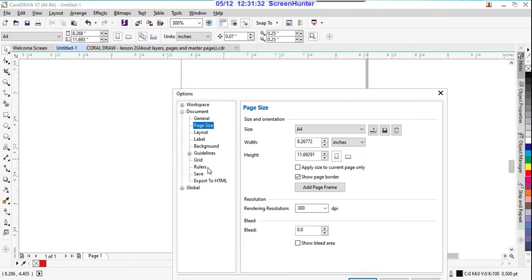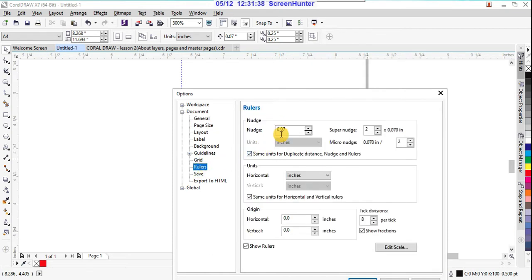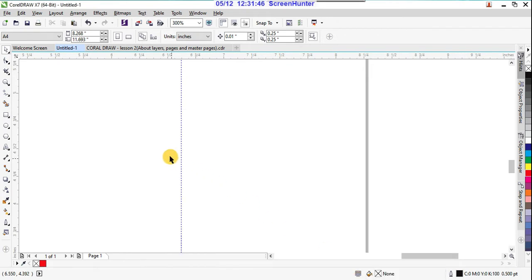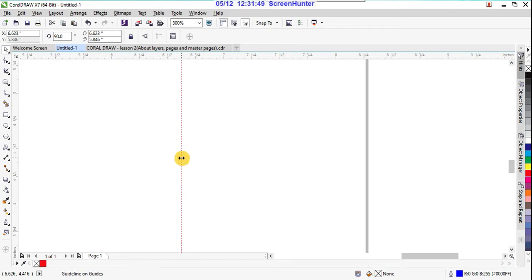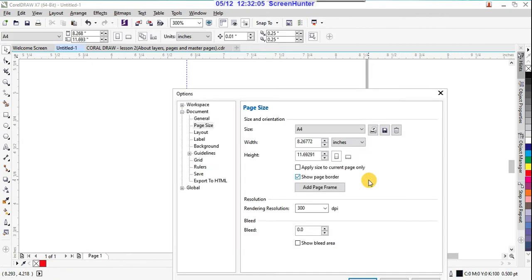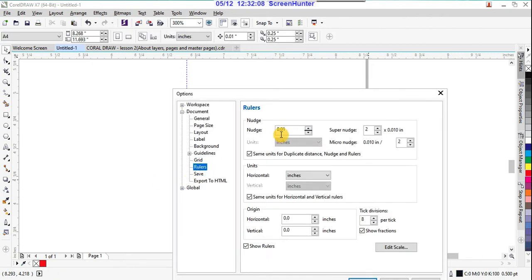Now what I'm doing, in the ruler nudging I'm giving 0.1, say okay. Now you can nudge this. I'm using the same right arrow, so it is moving a bit slower. I'm pressing the right arrow continuously, and suppose a left arrow, it is moving a bit slowly. So depending on this nudge value, this can move.